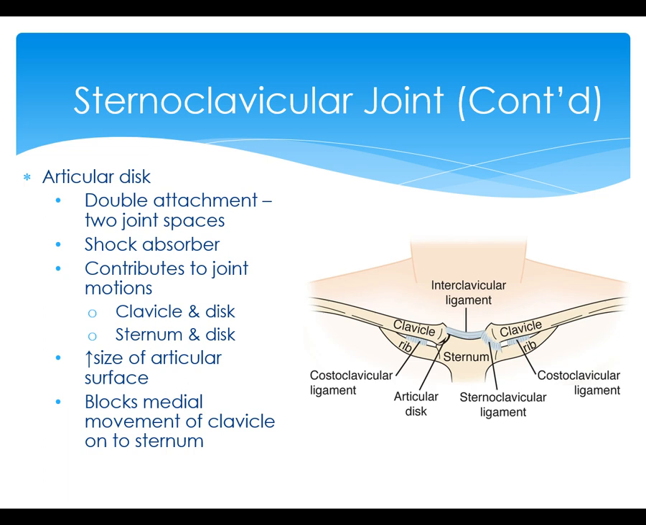There is an articular disc that serves as a shock absorber and contributes to joint motions as well. It helps to increase the size of the joint surface and helps to block medial movement of the clavicle onto the sternum. For some people who have had injury to the collarbone or clavicle, the disc can become displaced slightly, causing a sensation or an audible pop every time somebody is able to move